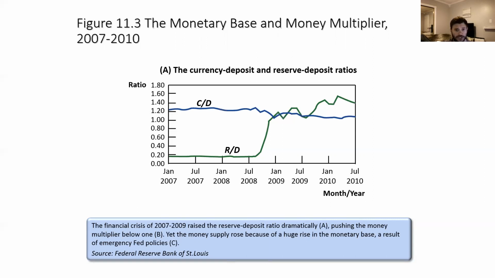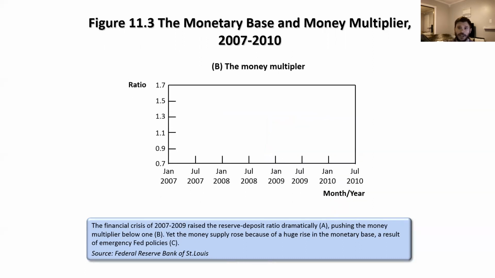During the Great Recession, the shrinkage in the multiplier was primarily driven by an increase in the reserve to deposit ratio. And we can see there is a very sharp drop in the multiplier that matches the time period by which the reserve to deposit ratio had jumped. Okay, so the big question here is, did the central bank learn its lesson